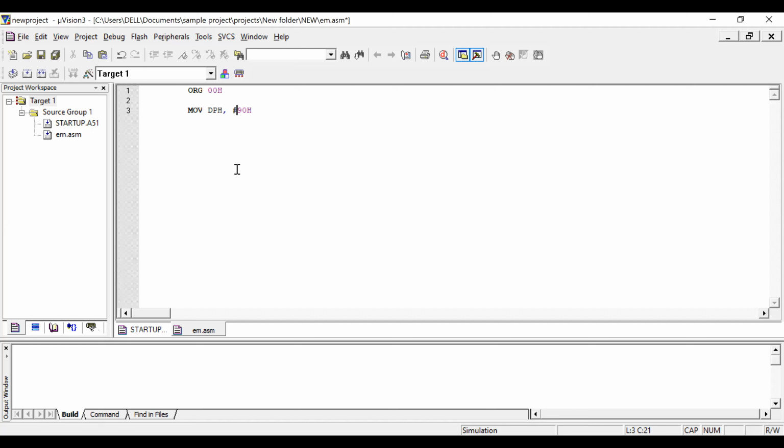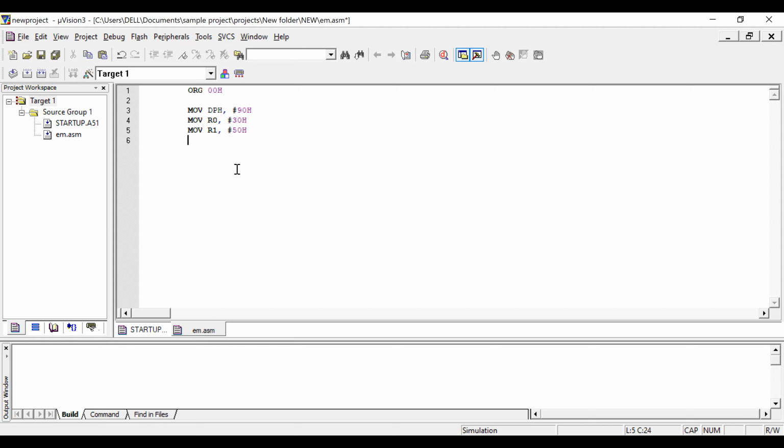Start with hash. For DPL, we are taking these two registers, R0 and R1. Whatever data we want to push into DPL, we place there. So this 30H will be pushed. Similarly, we take another register for the destination.